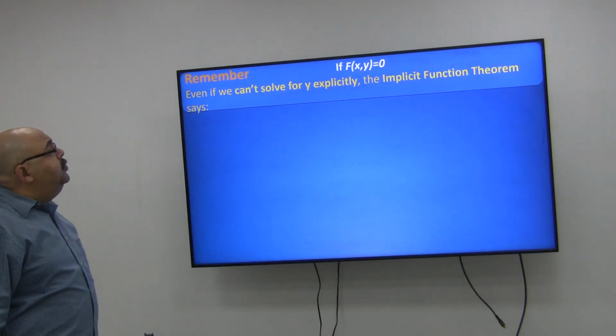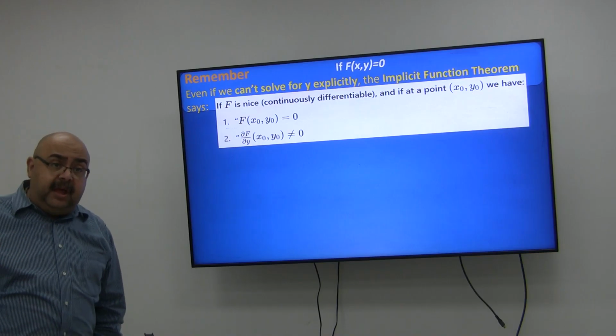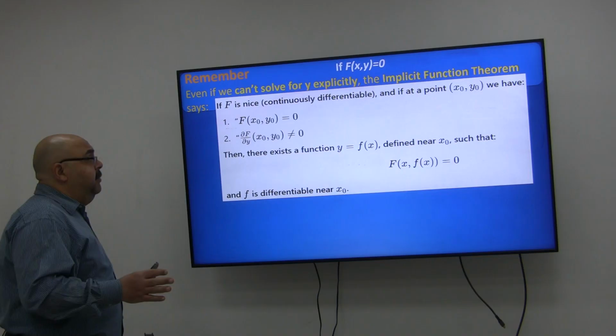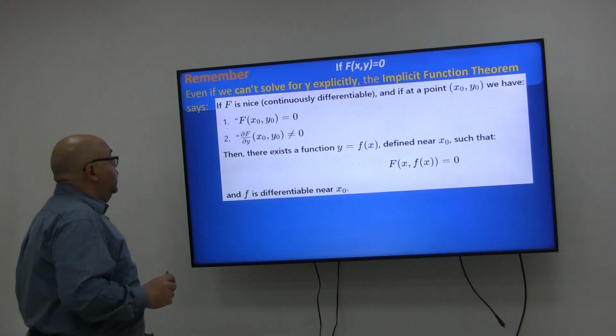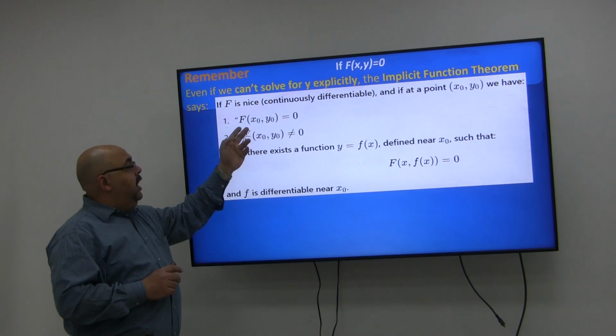Now once more to the implicit function. That's a quick reminder, because we did go through it at the beginning of our work today, that if you need to find an implicit function, all you have to check is that the function value at x and y is equal to 0, and the partial derivative